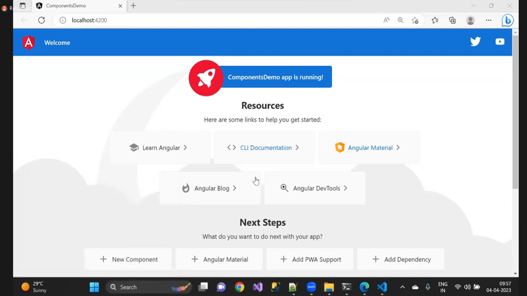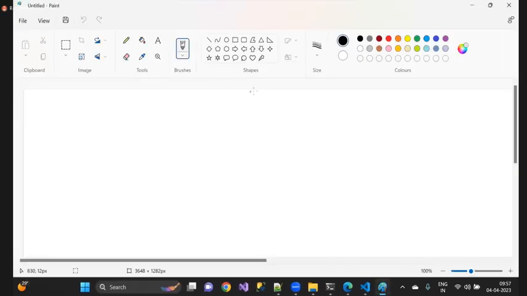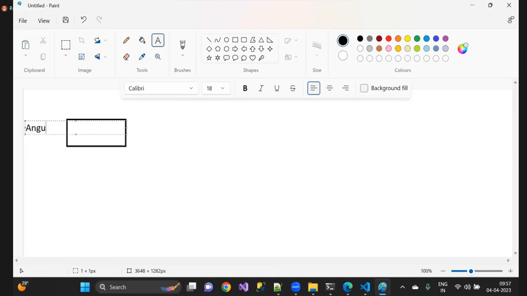The execution of an Angular application, generally speaking, starts from main.ts, guys. That means the time when you run the Angular application, that time when you run the Angular application,